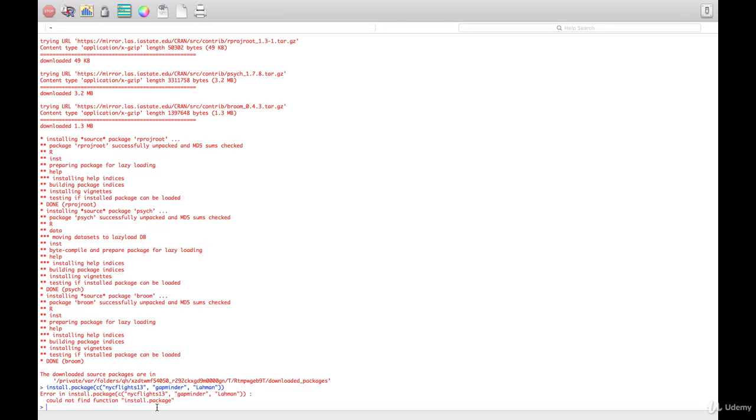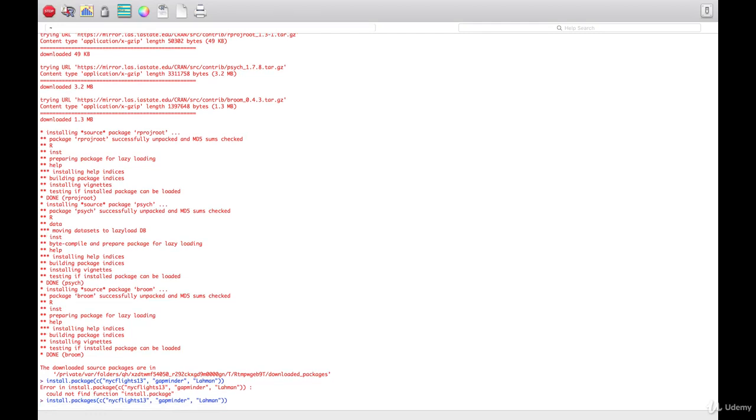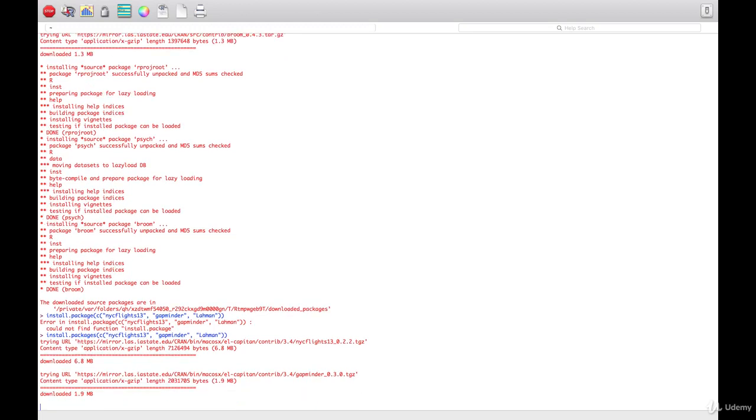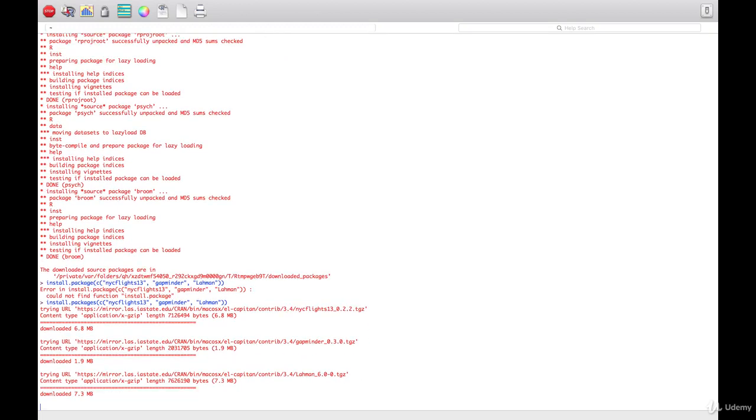Could not install package. Oh, so we need to find the function install.packages. I typed that in incorrectly. If you hit up on your keyboard, it pastes whatever was the last thing you typed. So install.packages. And then when we run that, it goes to the nycflights13 dataset, the gapminder, and the